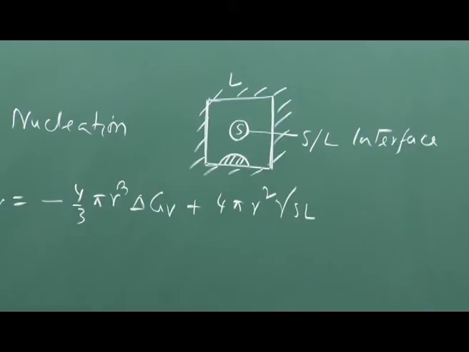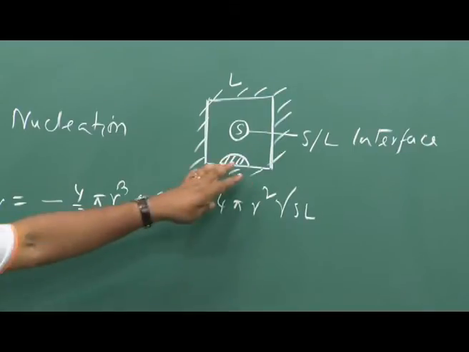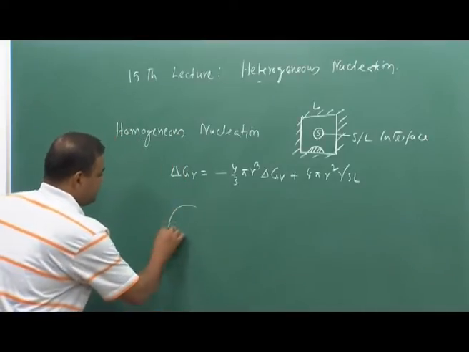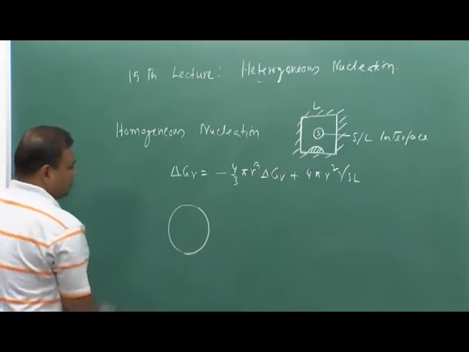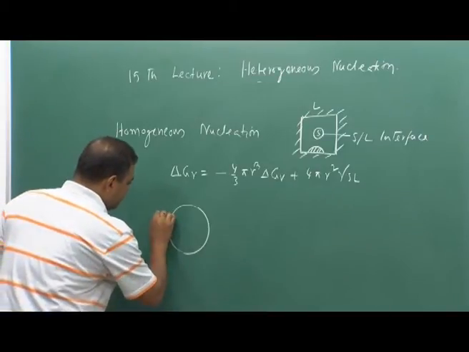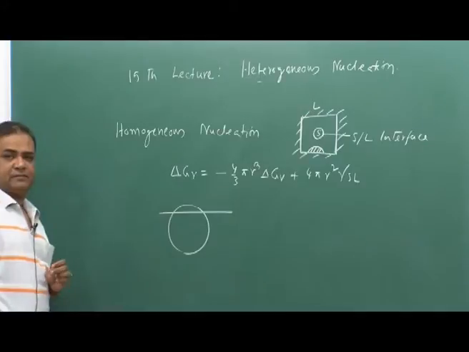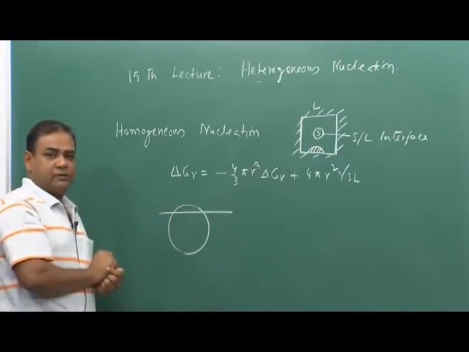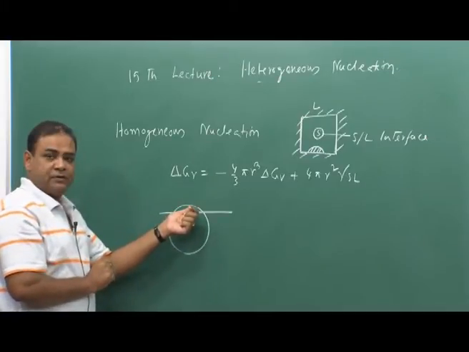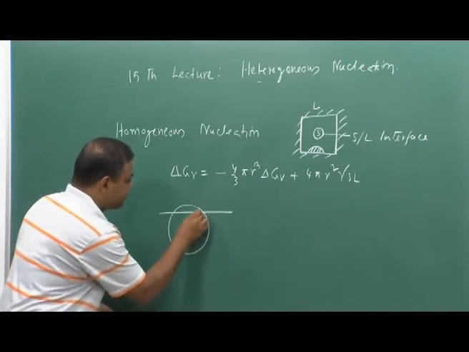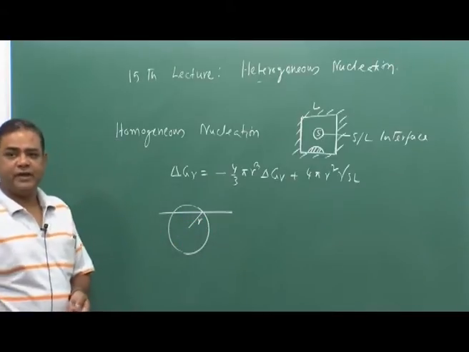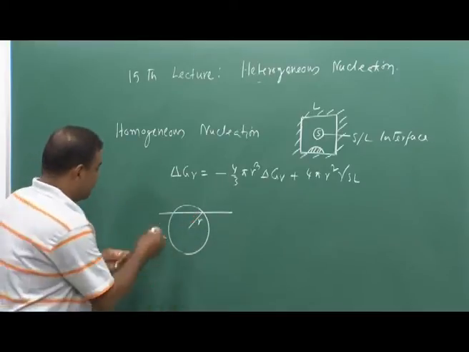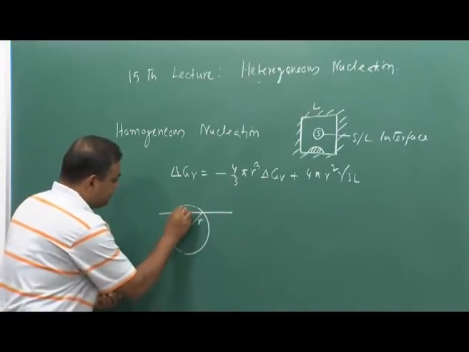Now, interestingly, let us assume that the solid is basically a spherical cup. If we have a sphere, and we truncate the top of the sphere, then it becomes a spherical cup, and that cup will have a radius of r. Now, if we consider that this cup is forming, that means this is the part of the solidified portion